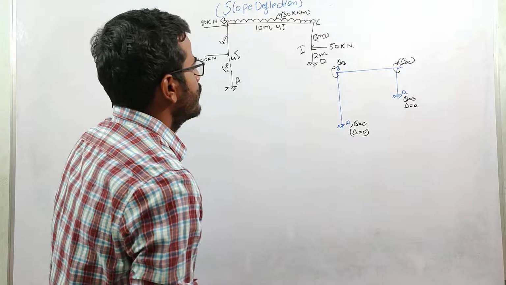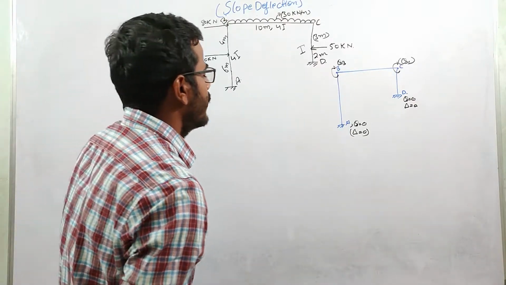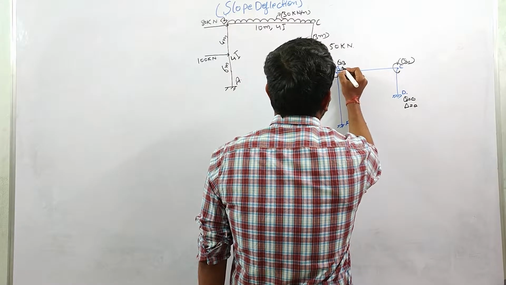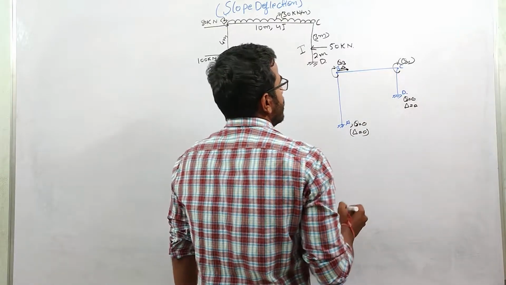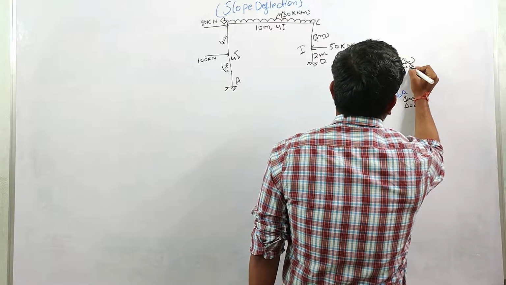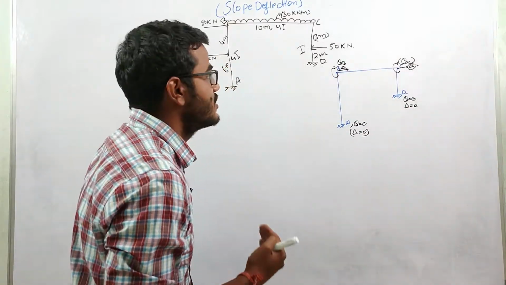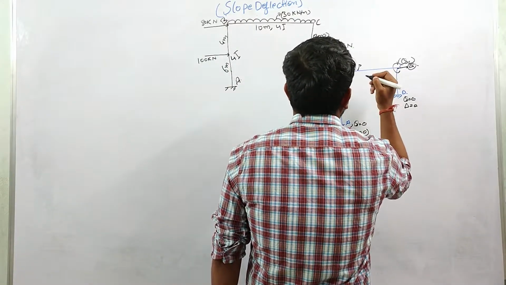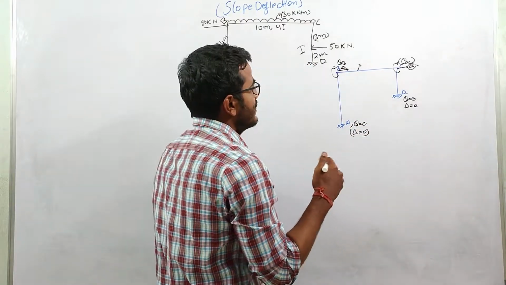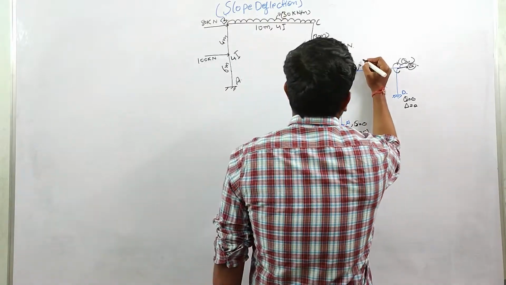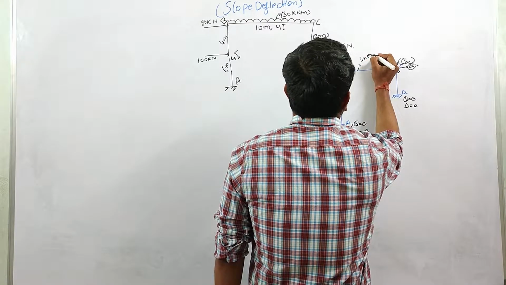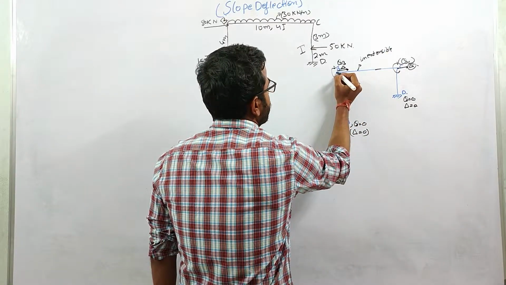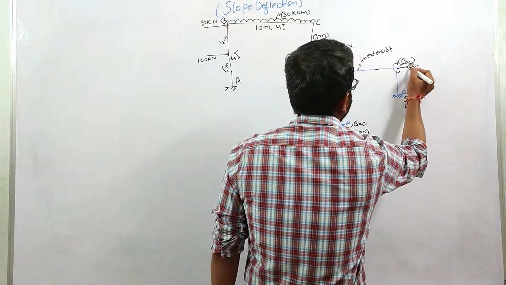Now what about the other kinematic indeterminacy, or other deflection? Point B can deflect in this direction. Let us suppose it deflects by an amount delta. At point C it will also deflect by delta, because we have neglected the axial deformation of beam BC. The BC member is considered axially rigid in the horizontal direction, or inextensible. So the horizontal displacement at this point will be delta, and at this point also delta.